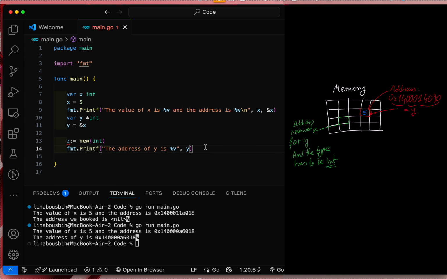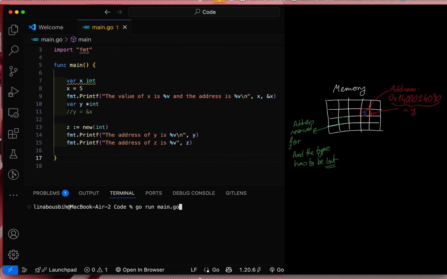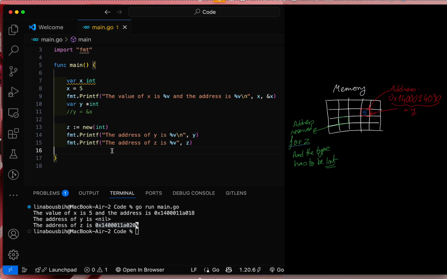Now let's print that. As you can see, y is still nil, but z was assigned a proper address. By using new, we also initialize the pointer. And so this means if we want to insert a value in here, we will again use that star. Every time we want to reference the value, like saying in this address, I want this value, then you use